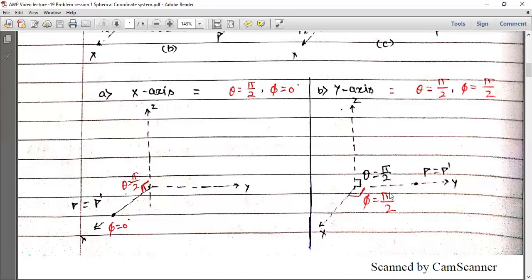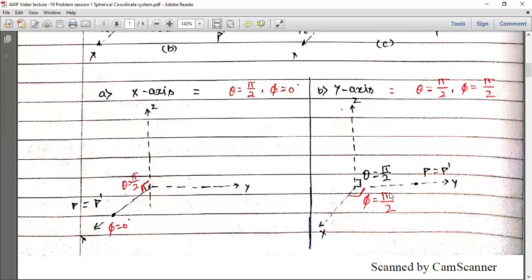Now, if you draw a projection of point P to the tabletop, you find that the projection will be the same point itself, and that's why P and P dash are the same. So now the angle between OP dash and the positive x-axis, as you can see in the figure. OP dash, OP and Y all are the same. They all are aligned. They all are overlapping.